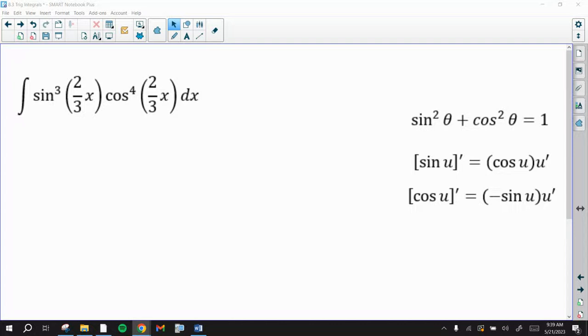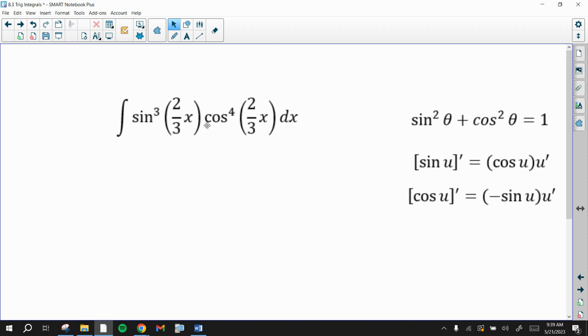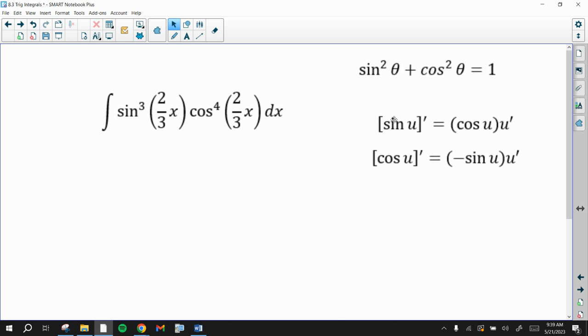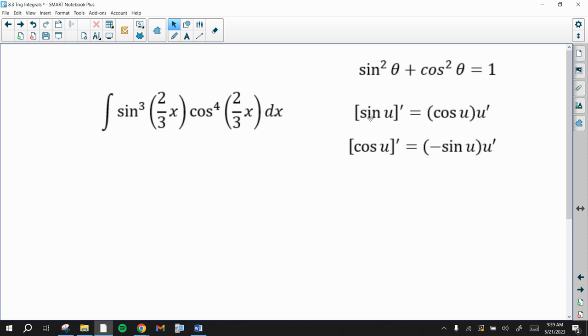So here we have an integral. It looks like a daunting integral involving sine and cosine. You always try a u substitution first, and you can try to let u be sine or cosine, but you can see it won't work. So what we're going to do for this integral is make use of this Pythagorean identity and the fact that we know these derivatives. So since the derivative of sine is